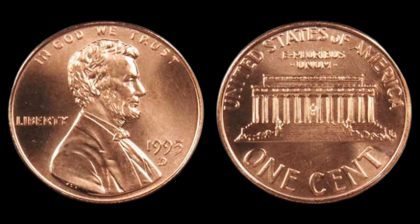And further complicating matters was a clear die clash where the reverse die had been struck without a planchet in place, transferring parts of the Lincoln Memorial onto the obverse die and resulting in faint, ghost-like impressions of the memorial appearing beneath Lincoln's coat and around his jawline, and surrounding this chaos were visible die cracks, raised ridges of metal